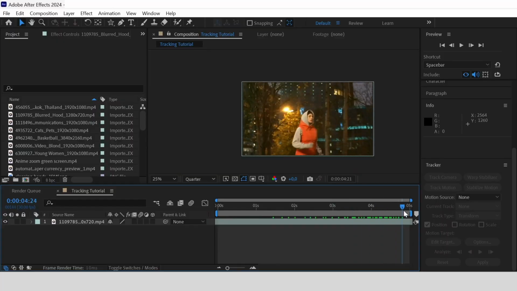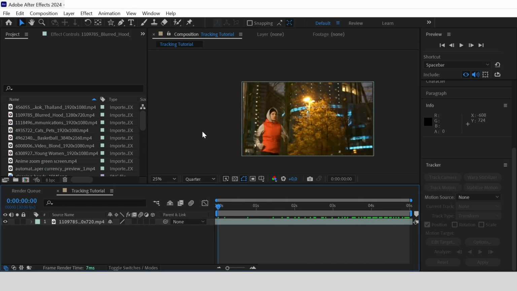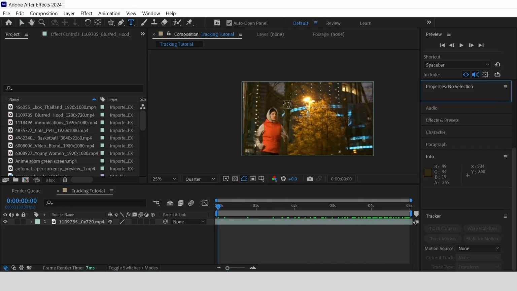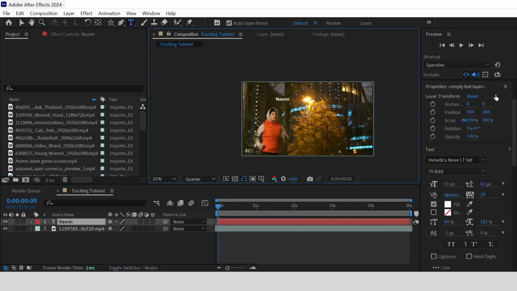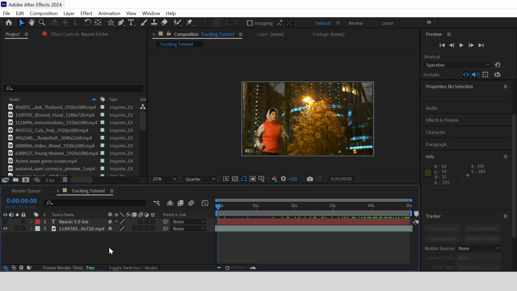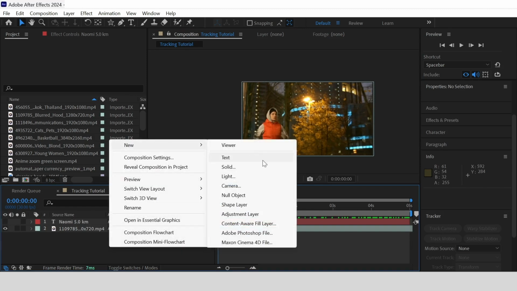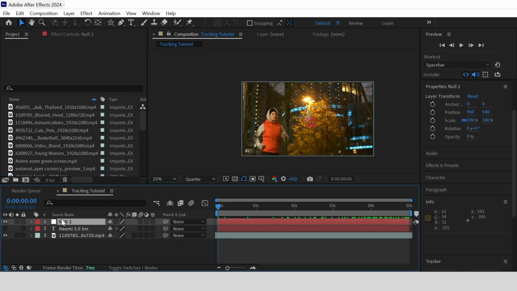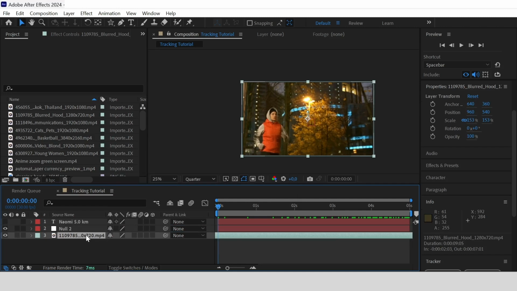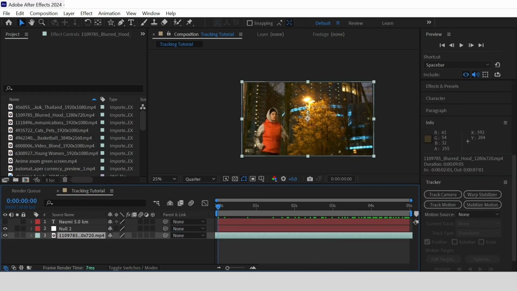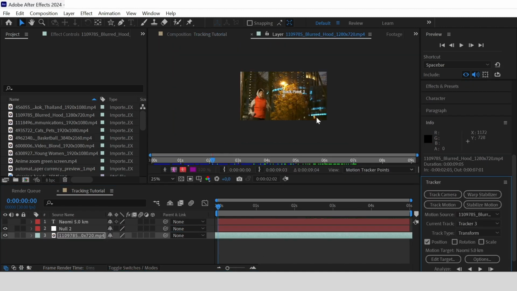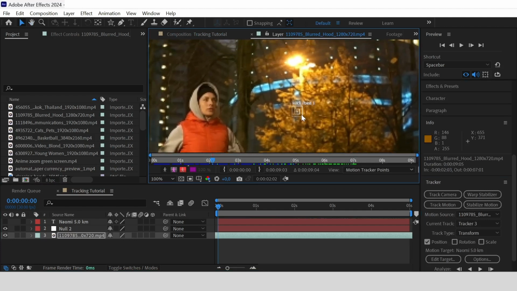I want to do something like there's a text right above this woman, like maybe let's say Naomi and 5 kilometer here. Before we do it, let's just hide it and click null object by right click and add null object. On the footage, let's look for track motion on the right side of the After Effects, and then